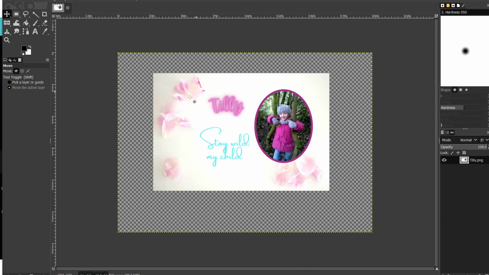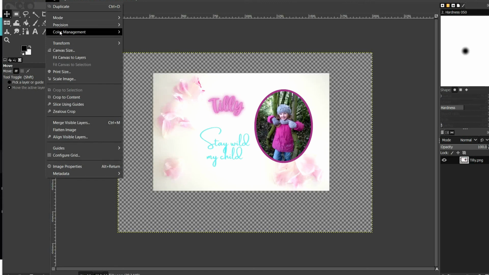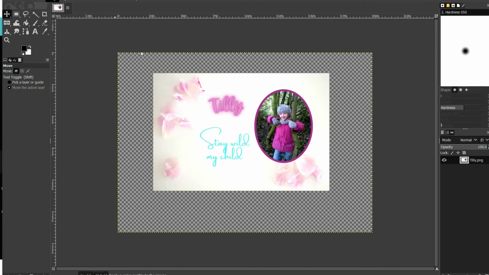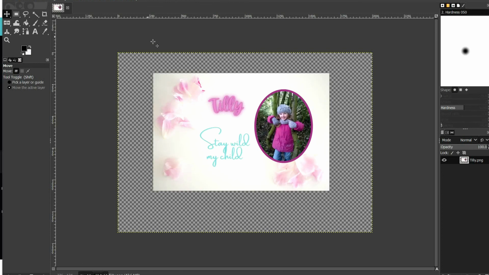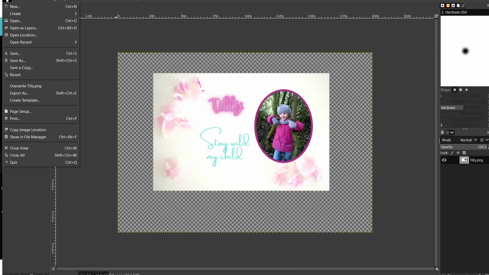So this is how it looks when it comes up in GIMP. And then I'm going to just click on image, color management, convert to color profile, and then I'm going to convert it to my own ICC profile. I'm going to click convert, and then if I wanted to print it, I'm not going to because I don't want this design. But if I wanted to print it, I would go to file and I would go to print,